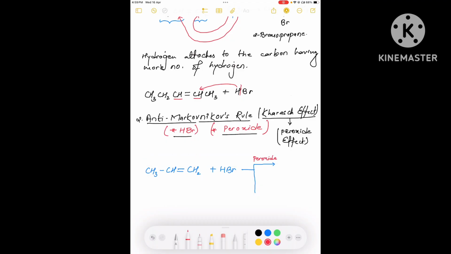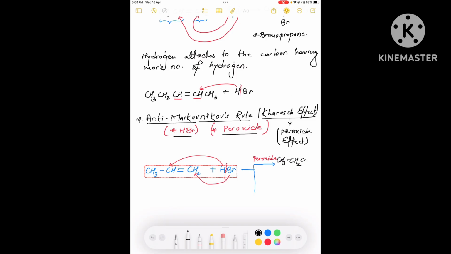So there we have peroxide. So basically what will happen is, in this one, the condition is just opposite of that of Markovnikov. Markovnikov was saying that the hydrogen will attach to the carbon having more number of hydrogen. But anti-Markovnikov says that hydrogen will go and attach to the carbon having lesser number of hydrogen. So hydrogen will move to the carbon having less number of hydrogen, whereas bromine will move to the carbon having more number of hydrogen. So that the product formed will be CH3,